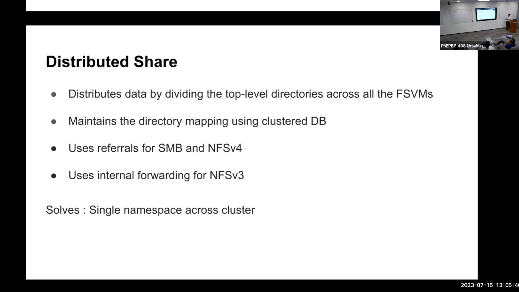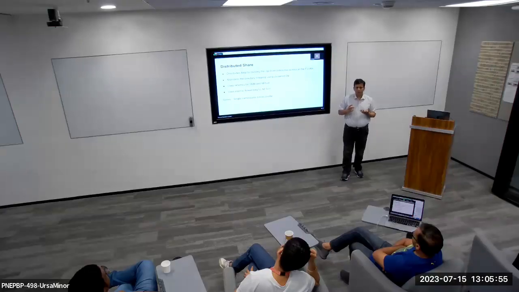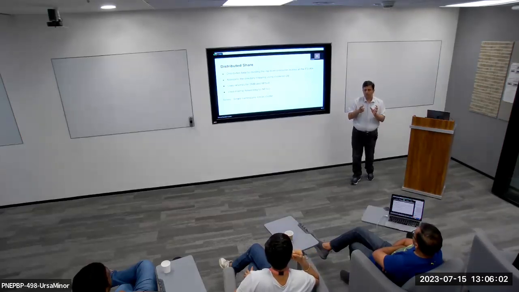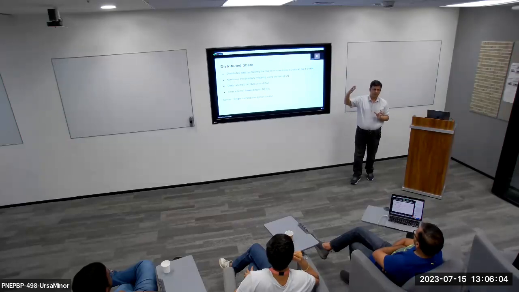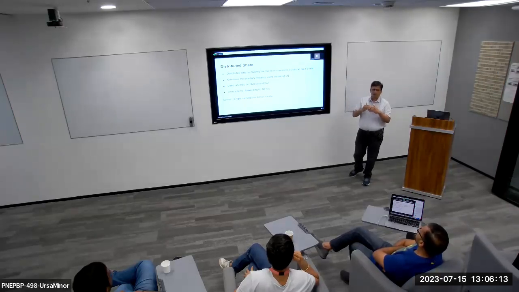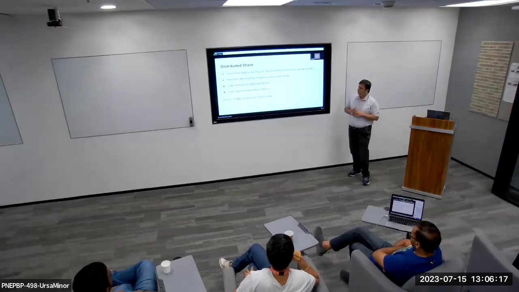Okay, so the first thing we created is a distributed share. For those who are not from the NAS background, a share is an export in the NFS world, and a share in the Windows world. It's how you export a file system for the client so clients can access it. Similar to mapping a drive on a Windows machine, or mounting in NFS. So that is basically a share. The file server is essentially giving out shares or exports, whatever you call it, right?